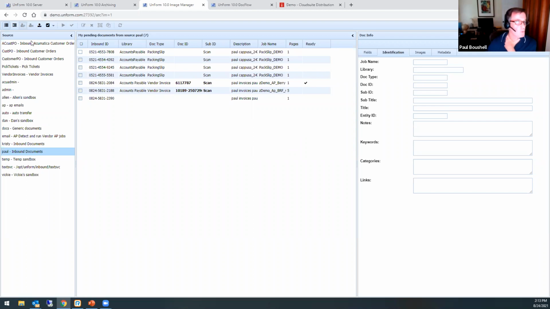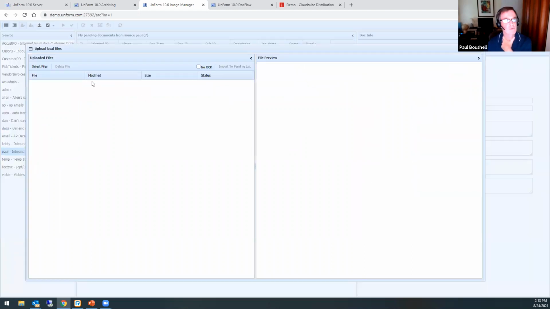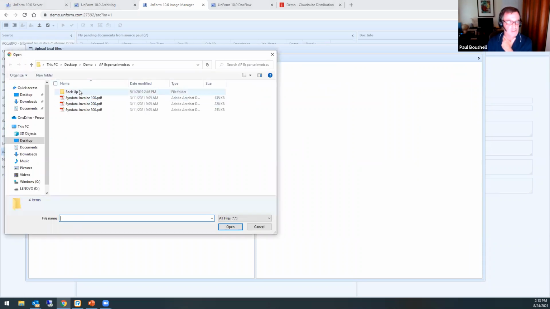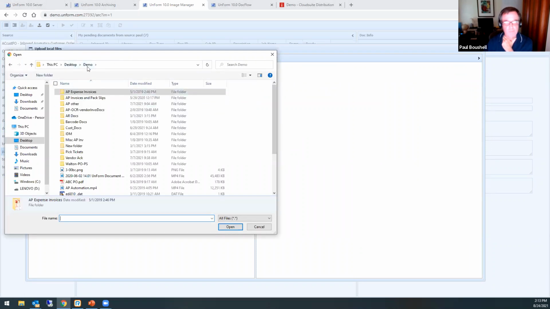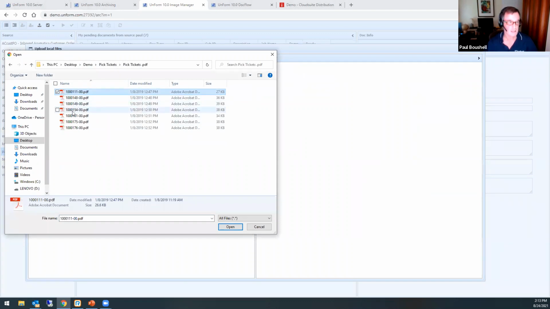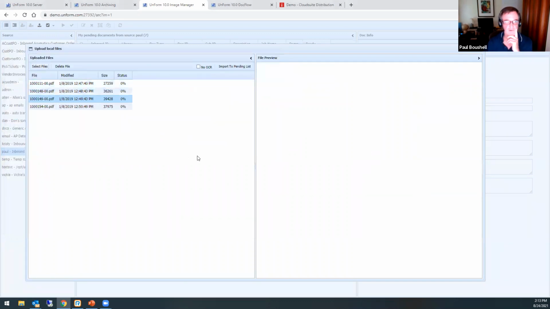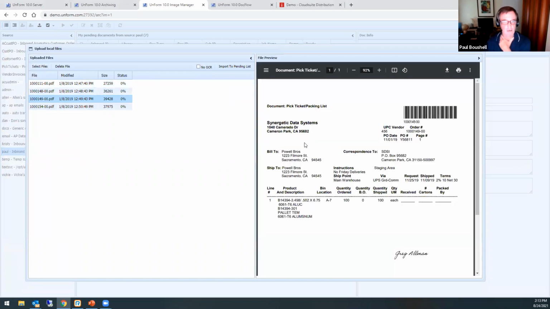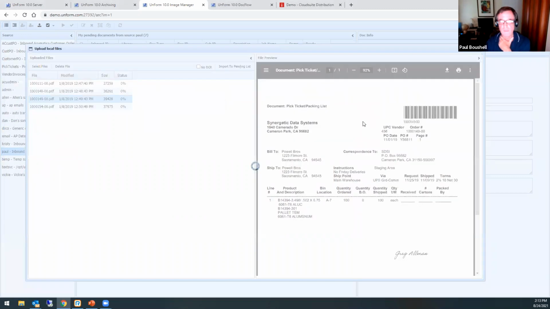A couple of other ways we can help do things is, in addition to reading data off of it, we can read barcodes off of those as well. So if you've got signed proof of deliveries that you need to bring in, you simply set up a monitored inbound source. And based on that, we define that they're pick tickets, and that job will read the barcode off of that pick ticket.